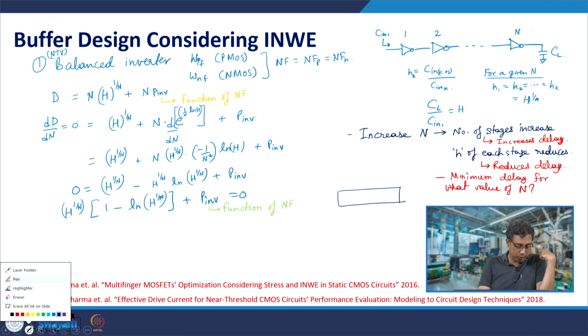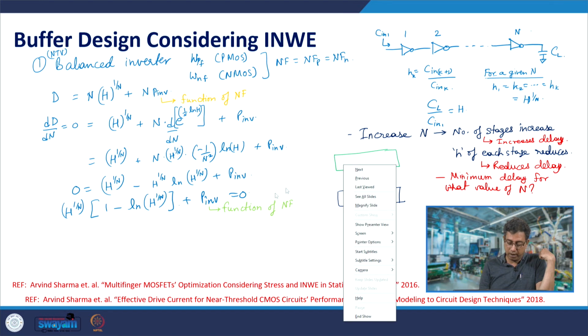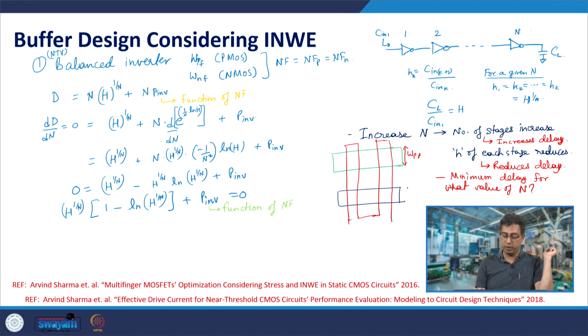Okay. Suppose this is n MOSFET, it is just a kind of concept diagram, it is not the real to the scale kind of picture and it is just indicative. So, this is the width of the finger for P MOSFET, this is the width of the finger for N MOSFET and here number of fingers is 2. So, here you have the drain of these two devices. Okay. This is source. So, with this arrangement have 6 number of fingers. So, keep number of fingers to be 6. So, that is a fairly value of number of fingers which would give you an average kind of value of drain